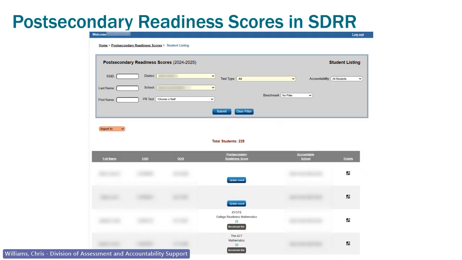Like I said, it's so important that you as a DAC go in and make sure that you have downloaded those spreadsheets for post-secondary readiness to help you with this work, and also for your backups and others who are helping you with this work in SDRR.